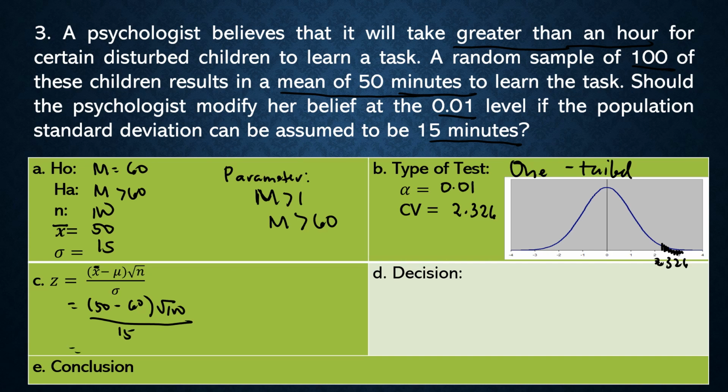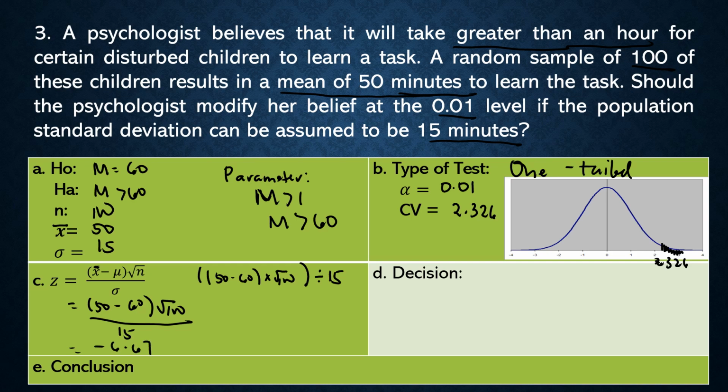Now, to easily get the final answer, press on your calculator: double parenthesis 50 minus 60, close, times the square root of 100, close, divided by 15. And we can get the value, which is negative